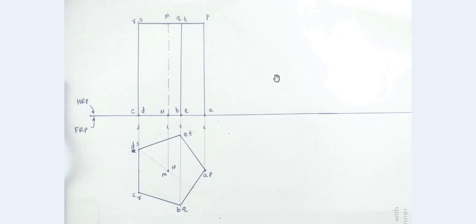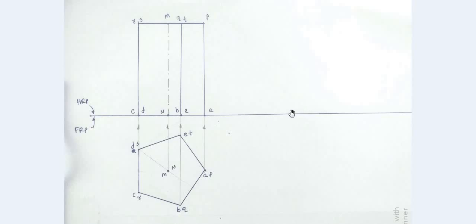That is the condition. So we will tilt this object, we will tilt this prism around point A, and this angle of tilt is also given. The angle of tilt is given. The axis is inclined at 30 degrees to HRP. So when this prism gets tilted, the angle made by this center axis would be 30 degrees to HRP.